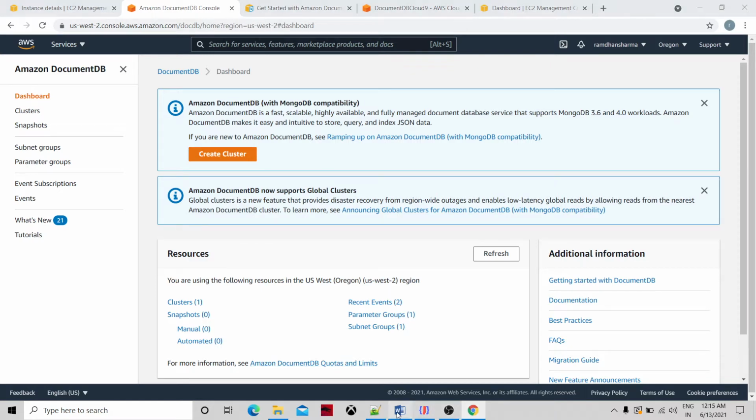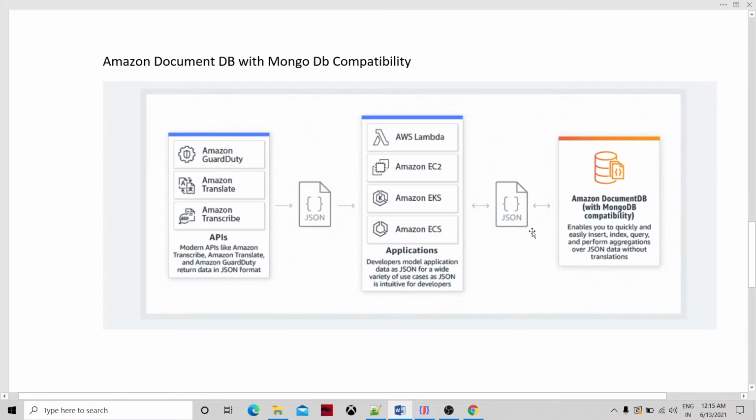So if you look at this picture, Amazon DocumentDB is going to be an Amazon NoSQL, or document-based, database service, and it works just on documents.